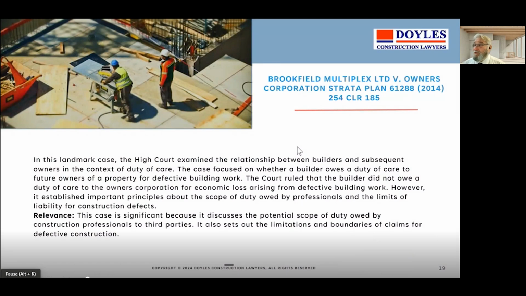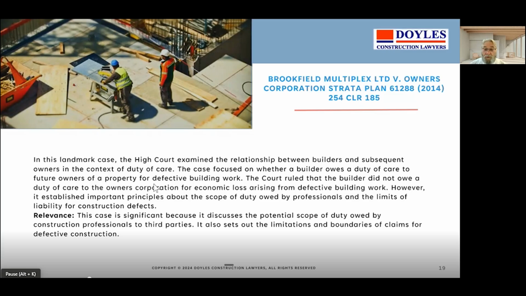Some of the cases around this time explored the possibility that a builder had a duty of care to future owners of a property. That is, if the builder's building a building, he's building it for a developer. He might have a duty of care to the developer to get it built properly. But if the developer sells it on and three owners later, the present owner notices a crack and there's water coming in the windows, then can he sue the builder? The reality of that was that probably a developer had paid the builder and sold the property and disappeared into the ether, but the builder was still around to be sued.